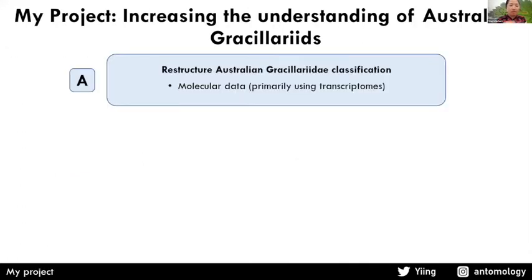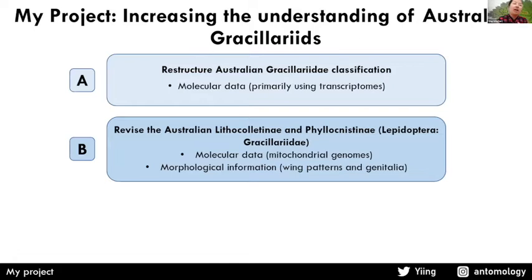So overall, my project will increase our understanding of these moths. The first and biggest aspect will be restructuring the Australian Gracilariids, trying to figure out where, within the current classification of 3 subfamilies, to fit all the genera into the now 9. That will be done using transcriptome data. Then I'll focus on 2 subfamilies, the Litocoletinae and the Phylloxanistinae, and revise them